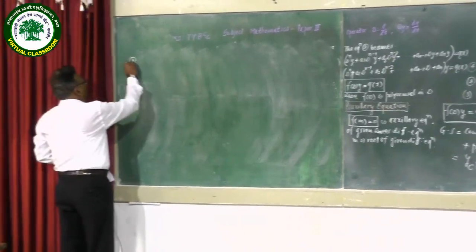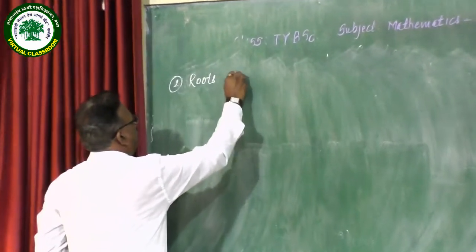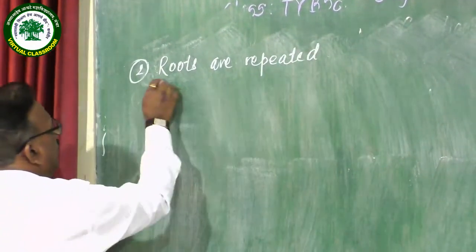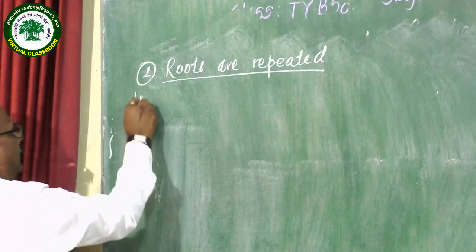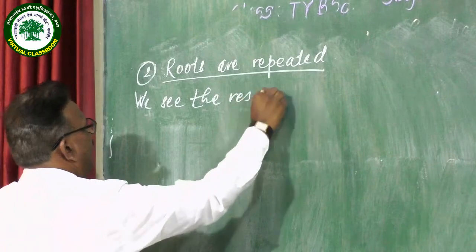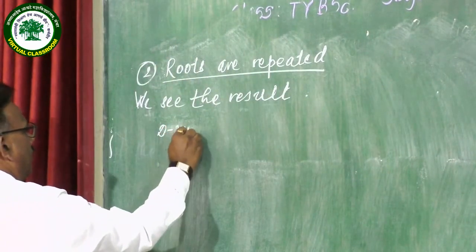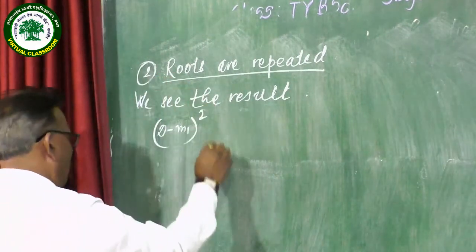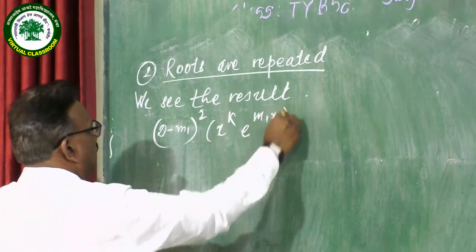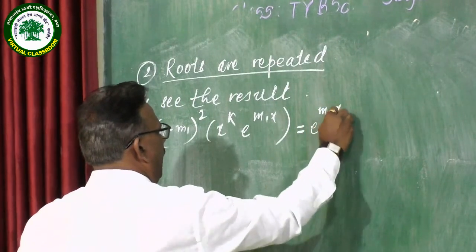Number 2 case, roots are repeated. We see here the result. Suppose (D − m1)² applied to x^k e^(m1 x). This is a standard result, and its answer is e^(m1 x)